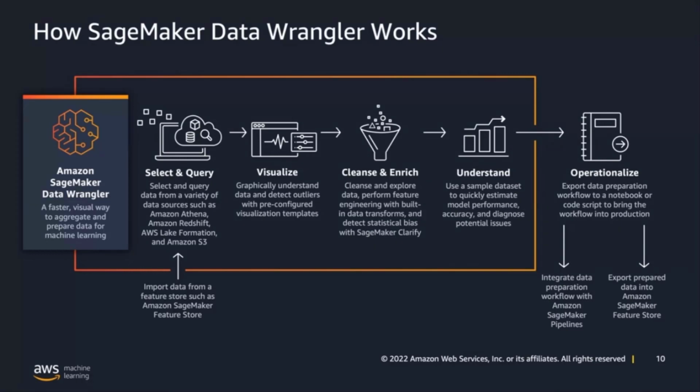So first of all, you select data sets. And you can select data sets from different data sources. You can connect to Amazon Athena directly and load data from tables through a query. You can, of course, tap into a data set stored on Amazon S3. You can also go to Amazon Redshift, or you can use Snowflake access to get your data. So you load one data set or multiple data sets into Data Wrangler, then you can do visualization with